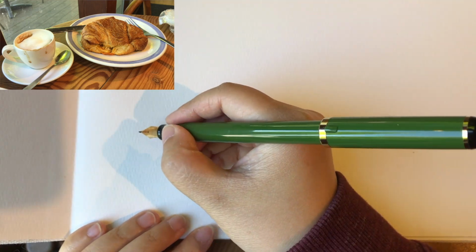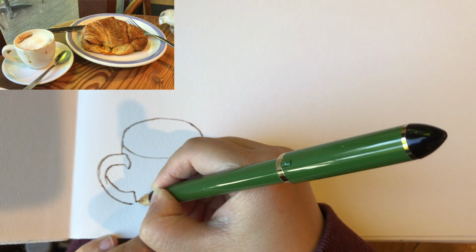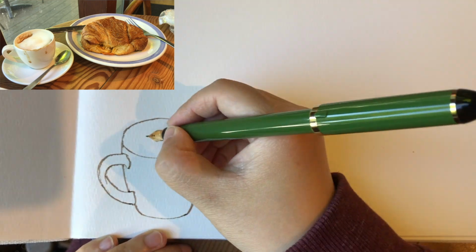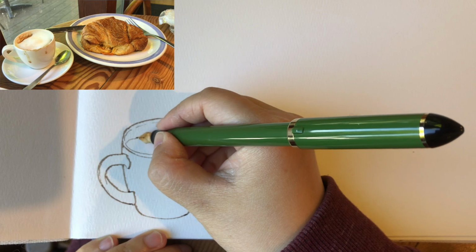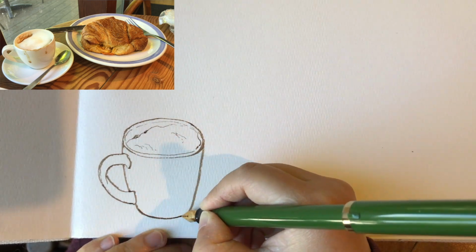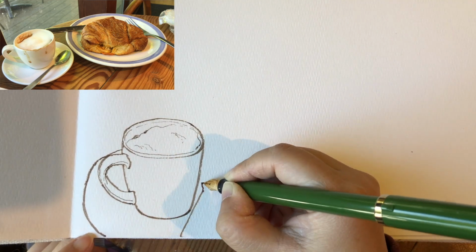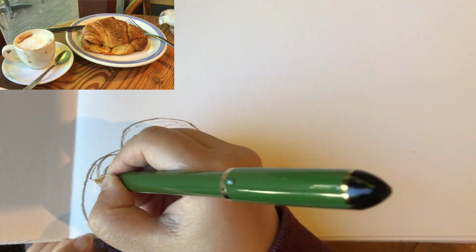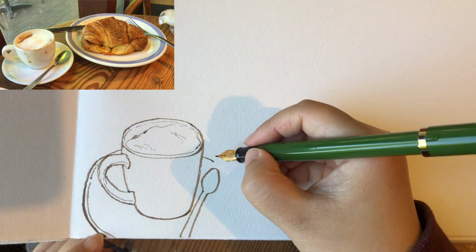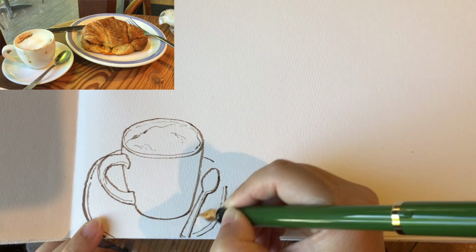And I think I'm going to sketch my food and drink on this right-hand side page because it's just easier to balance and film. Starting with the ellipse shape of the cup, the handle, and the body part of the cup, the brim, and the outline of the foam of milk, and a little bit of dented areas. Adding thickness for the handle and the saucer, and this mini spoon, the brim of the saucer, finishing off the contour outline of the saucer, and remembering the brim